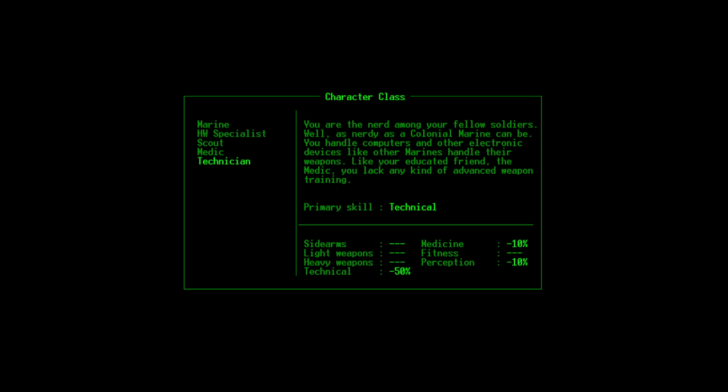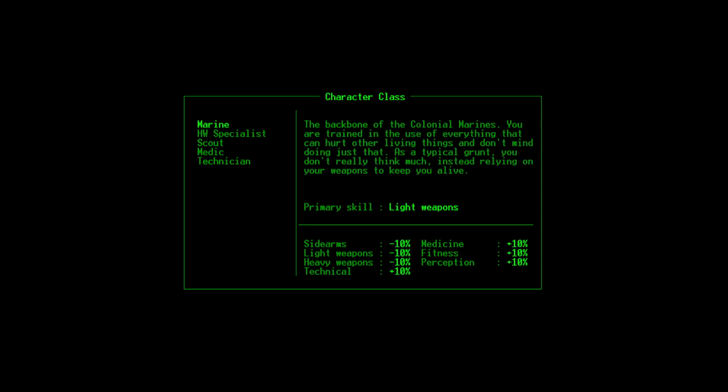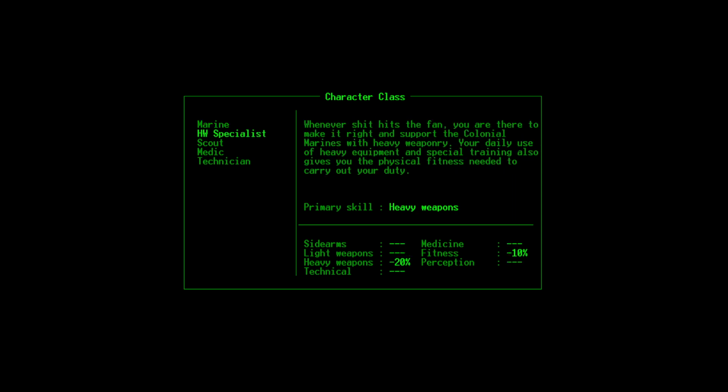And then technical. You are the nerd among the fellow soldiers. Well, as nerdy as the colonial Marines can be, you can handle computers and electronic devices like other Marines handle their weapons. Like your educated friend, the medic, you lack any kind of advanced weapon training, so there you have it. I assume the Marine's probably the easiest to play here, because he's good at all the weapons. But I don't think I need a spread of all the weapons like that, with detriments and everything else, so